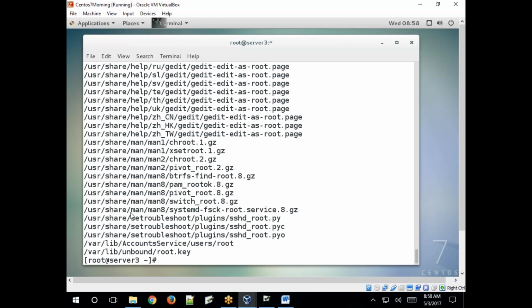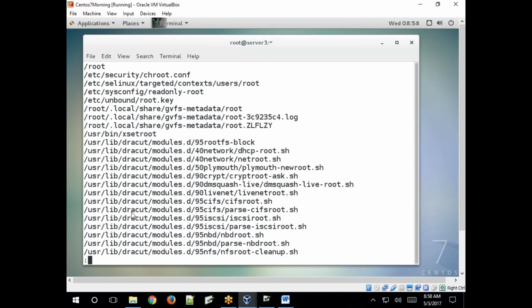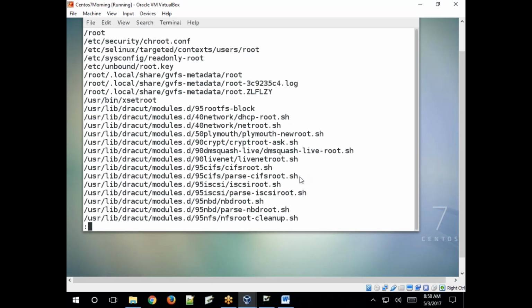See, only files. Let's read that. So here the file name is there, this is also a file, this is also a file, not directories. All are files, script files, normal files. Okay, it returns all the files.